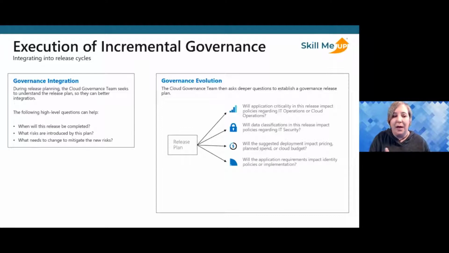We have to think about things like, how resilient does this application have to be? Does this application have to be up all the time? What is the life cycle of this application? Like, when does it get the evolutionary components? When does it go through upgrades? When does it go through patching? All of this helps with the ways in which everything meshes together. So you scratch at the surface from the cloud governance team, and then from there you move forward, iterate, and expand upon it as you think through your incremental governance plan.